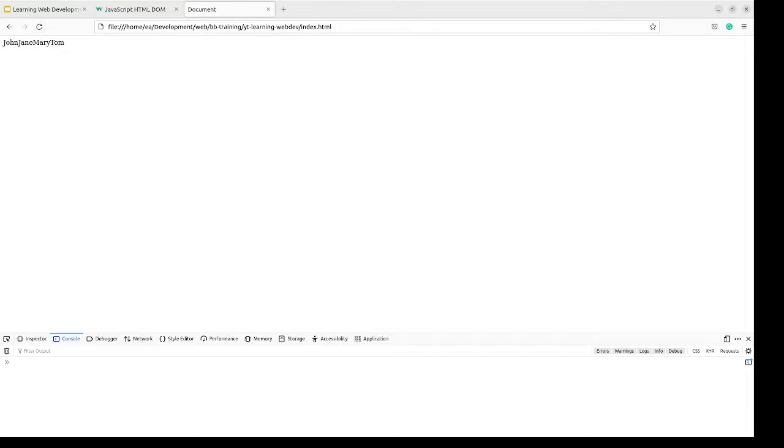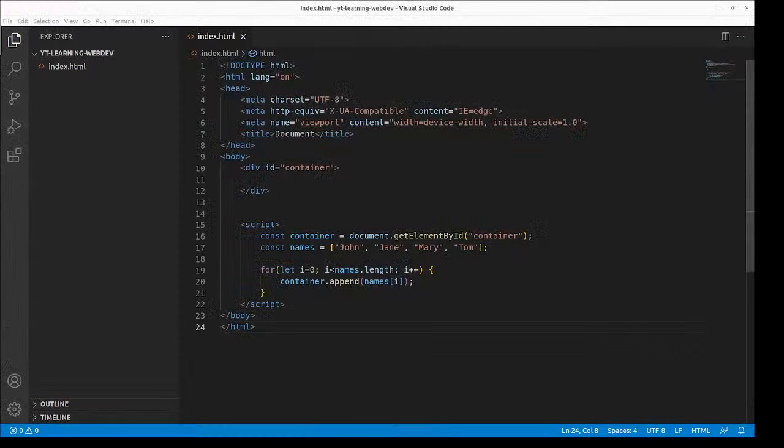So the next thing we are going to be looking at is how to read values from input fields using JavaScript. So we have input fields, like if you have a text field, how can you read that value from that text field using JavaScript? So let's quickly dive into that. In order to do that,